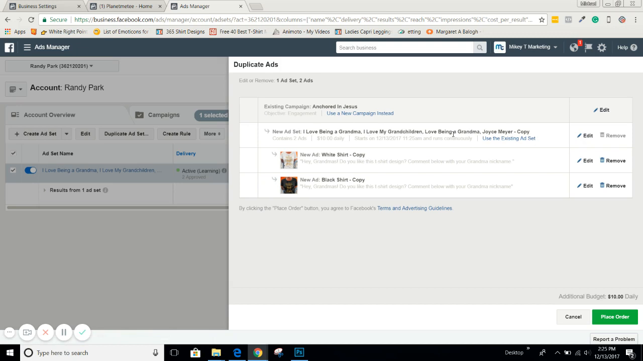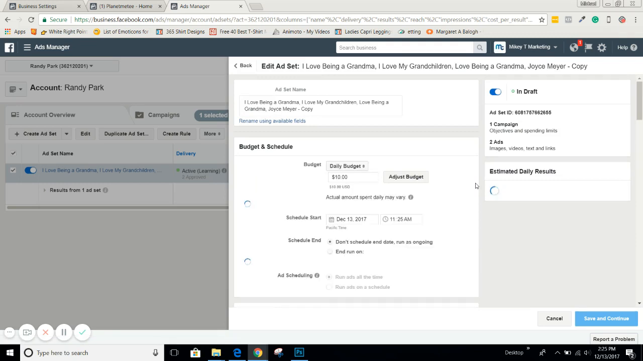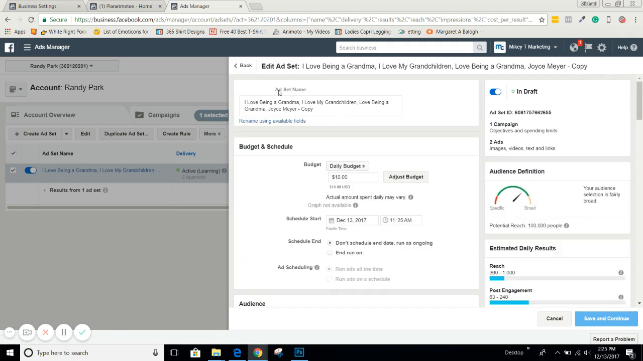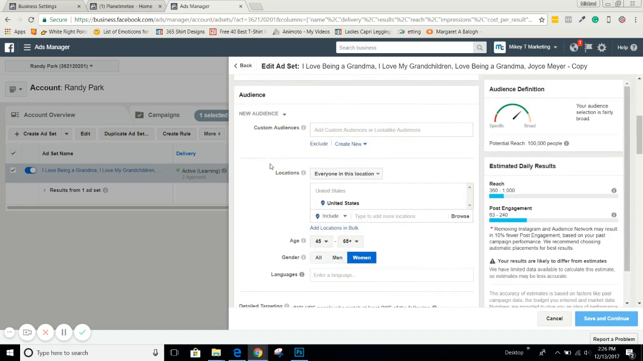We're going to edit with some new targeting. We don't want to use the same one, so we want to edit some new targeting. The good thing I like about that is when you duplicate, before you change this, you can see which interest you've already used. So I love being a grandma, I love my grandchildren, I love being a grandma. They're kind of similar, or Joyce Meyer, or you can use Joyce Meyer again, but I also want